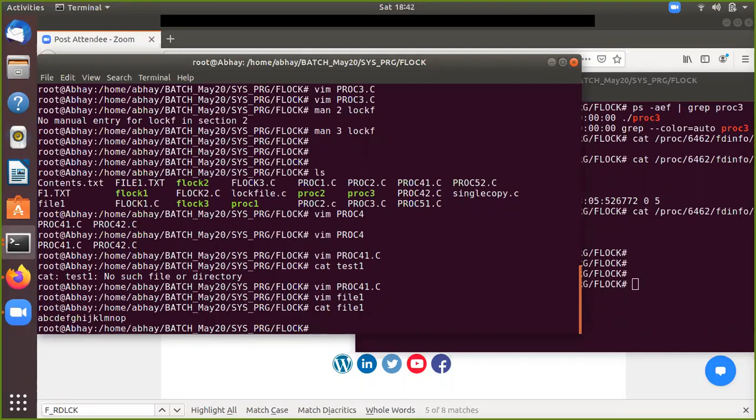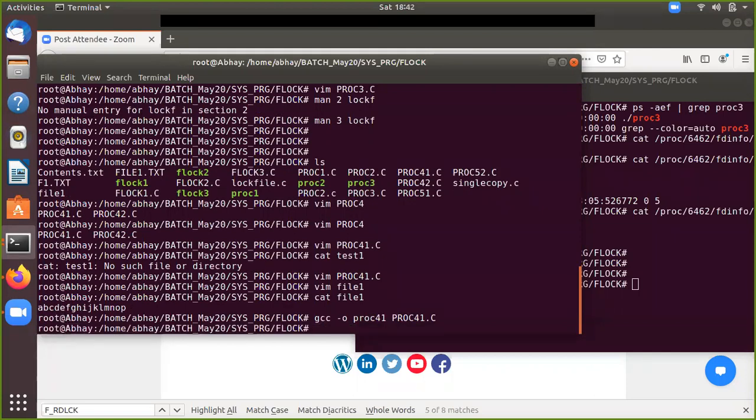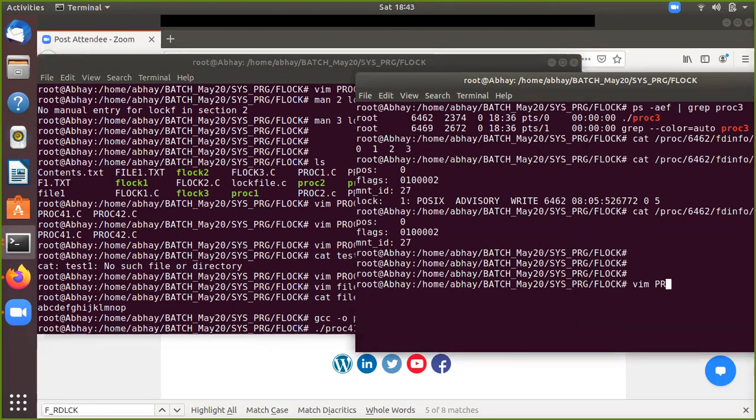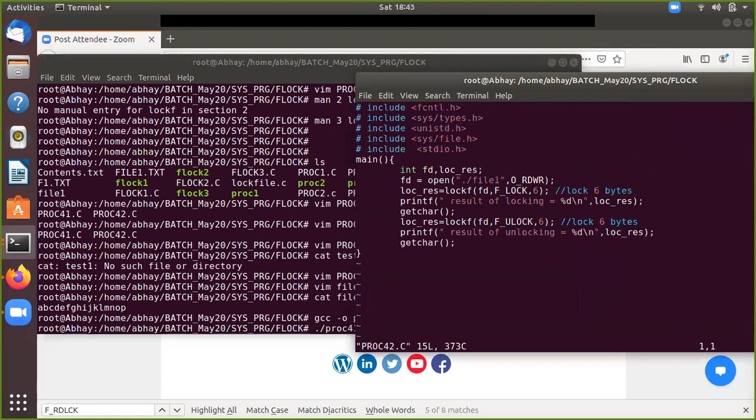Yeah. Now let's run this. GCC proc41. Yes. Now file1. Okay. Let's run this.